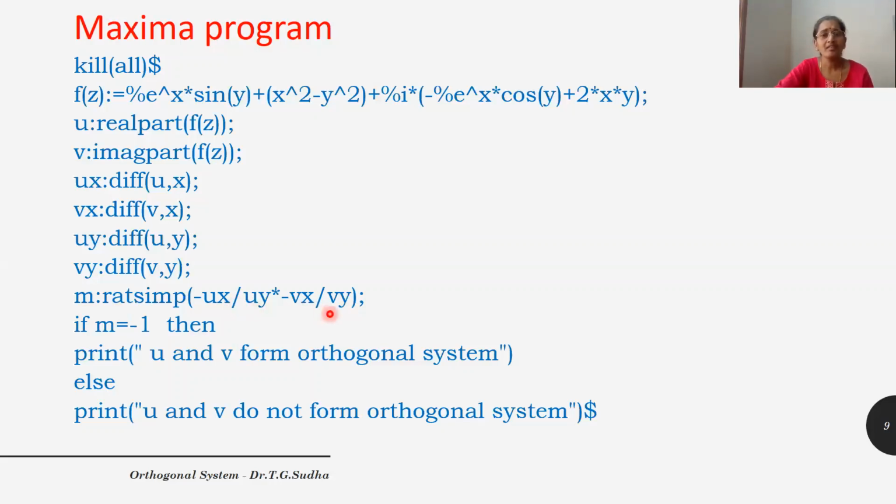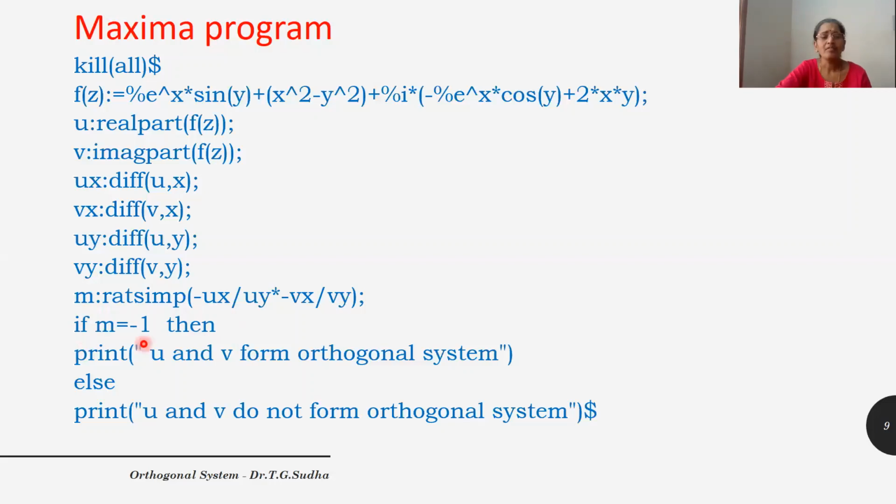Here we need simplification, that is we need to cancel out the common factors and multiplication, or whatever simplification needs to be done. For that we need a command. We are using ratsimp, because Maxima doesn't simplify the expressions by default. For that reason, we use ratsimp, radcan, factor, etc. commands to simplify. Here we are using ratsimp. So this is stored under the user variable m. So m is nothing but m1 into m2.